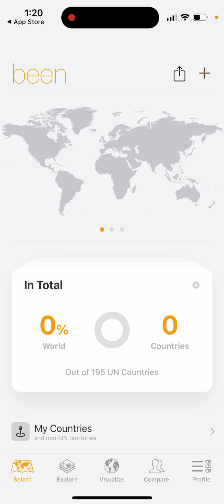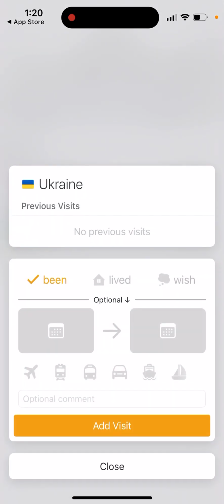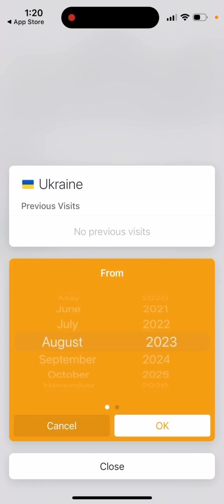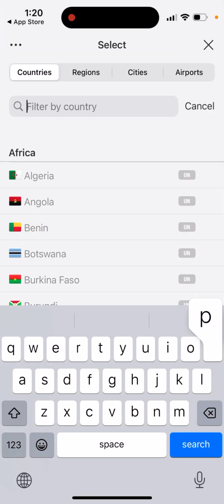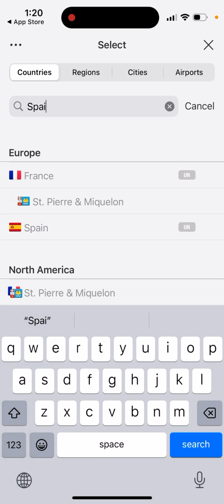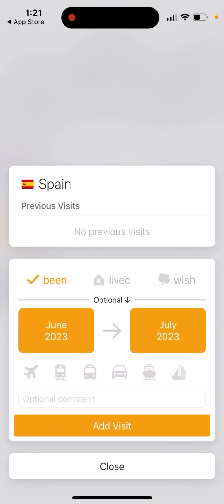Pretty cool app. So there are 195 UN countries, and then you can just, for example, filter out like Europe, and then, for example, you can say when you've been. So that's basically the idea. So for example, you can just tap Spain, been, and then you can just select June, and then you can just add ways of transport, been, lived, or wish you have been there,